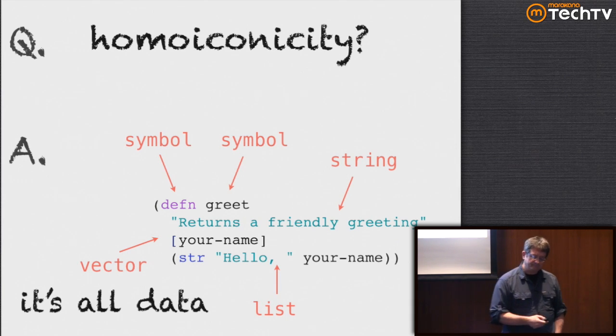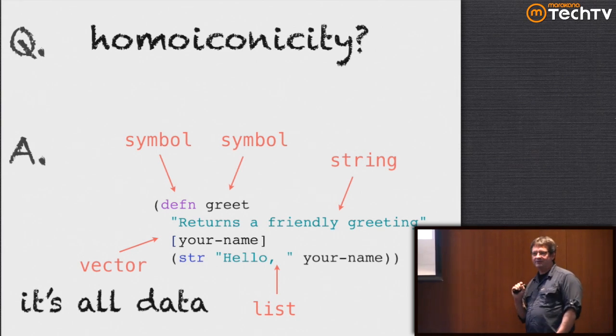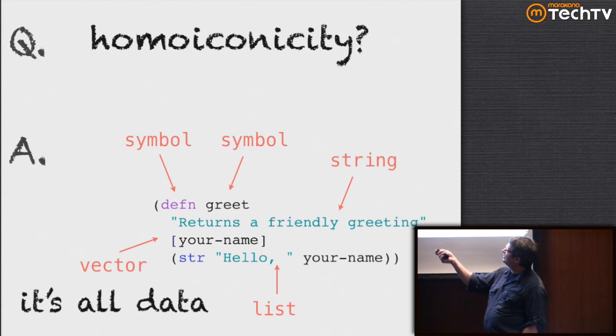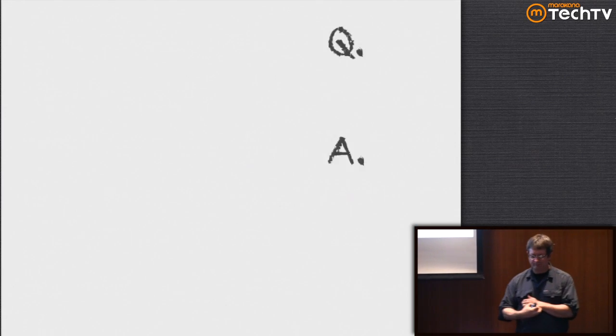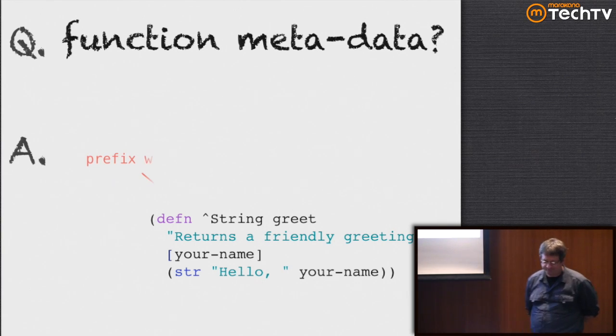Yeah? Are the new lines significant? No. No space is significant. In fact, a comma in Clojure is also white space. So you can put commas anywhere you want to make it look prettier. I said comma delimited list here, but it doesn't matter. It can be space delimited because it doesn't matter. So space is irrelevant here. In fact, even less so than in a lot of languages. And that's part of all the parentheses stuff.